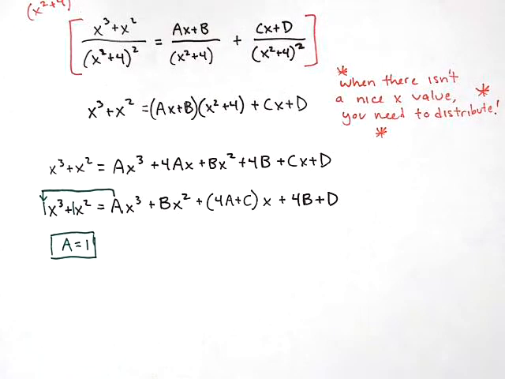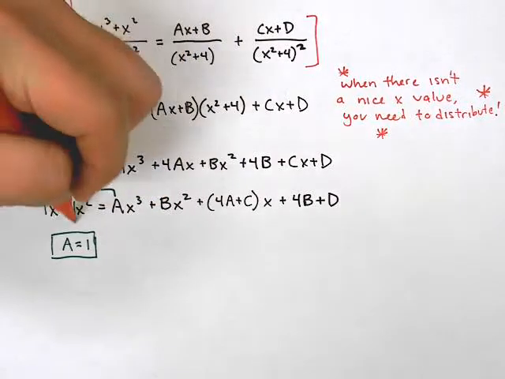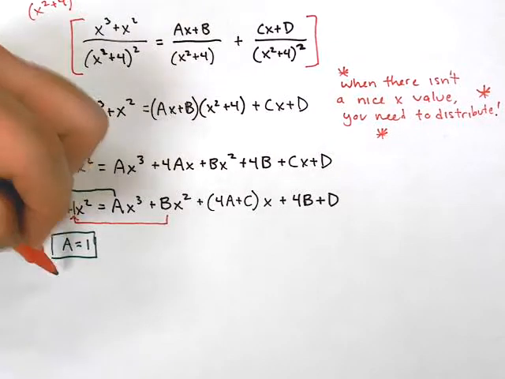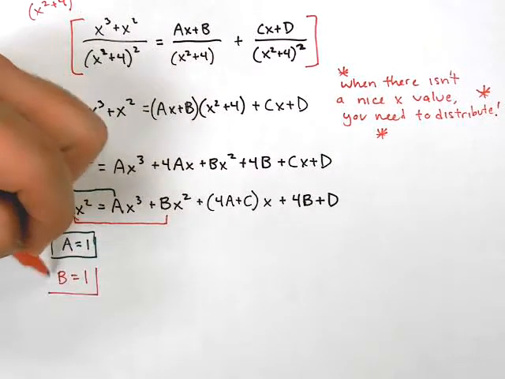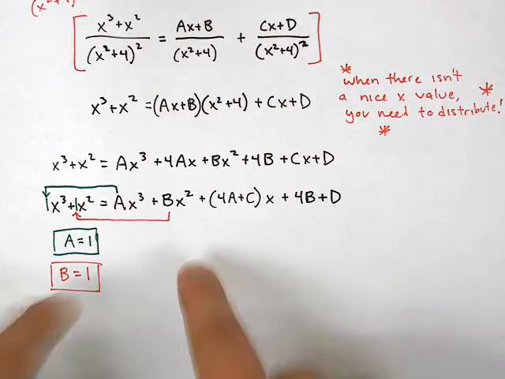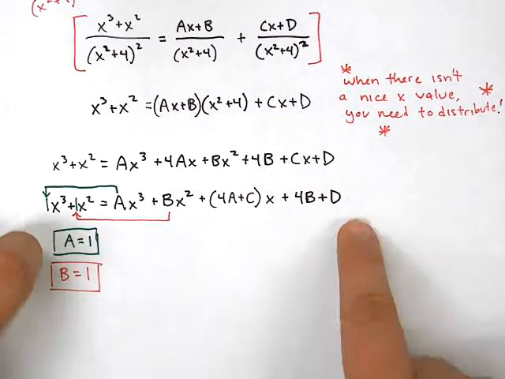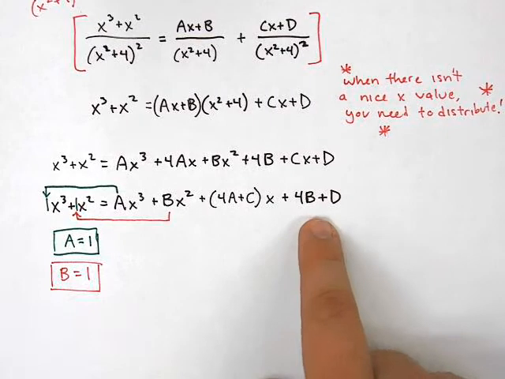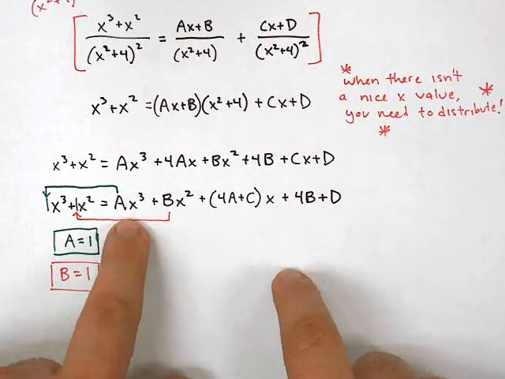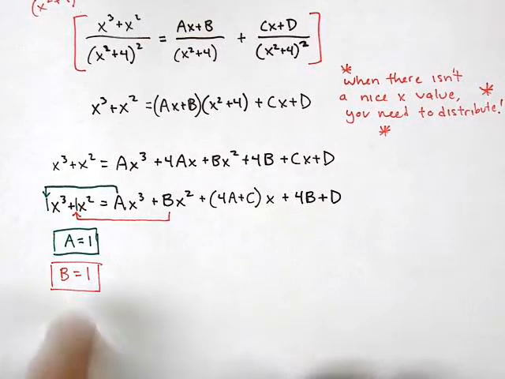Using the same exact method, I'm going to say, well, this is my only piece with an x squared in it. So I know also that b has to equal 1. This is a little bit tougher, I think, than just plugging in for x, but hopefully you agree. Like, if this is my only piece with x cubed in it, nothing else over here has x cubed, so none of these other pieces are going to affect this x cubed besides this ax cubed. So that is why a equals 1, that is why b is equal to 1, and now you can kind